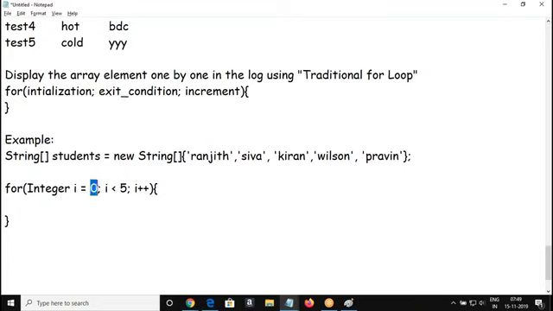Okay. And this is going to play as a counter as well as the index. So every time it goes to the logic, we get one element from the array by referring to the index. So the index is nothing but your i. First time it's going to be 0. Second time it is incremented and checks the exit condition. Okay, it is true, so it goes to the logic.